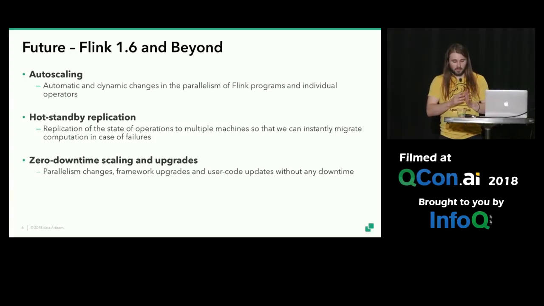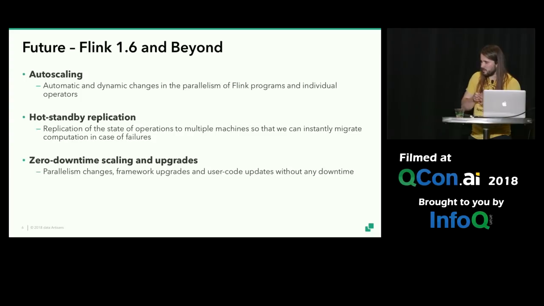So in Flink, you have your program running on a set number of machines, and when you start your program, this is the number of machines that you will have until the program finishes. So say you want to run it on 10 machines, that's what you're going to get. But if then you see that actually this was way too much, or maybe too little for the amount of data that you get, then